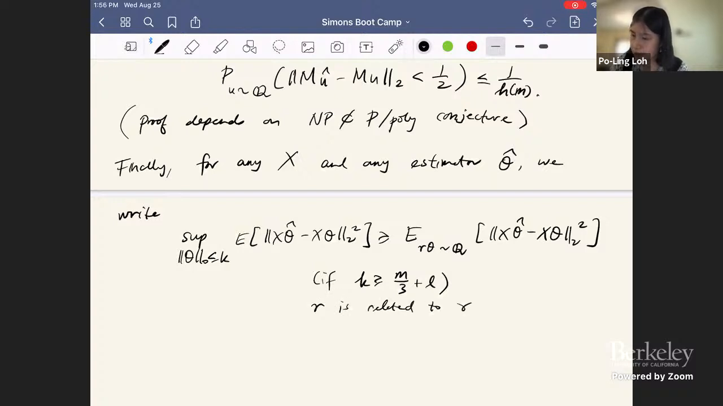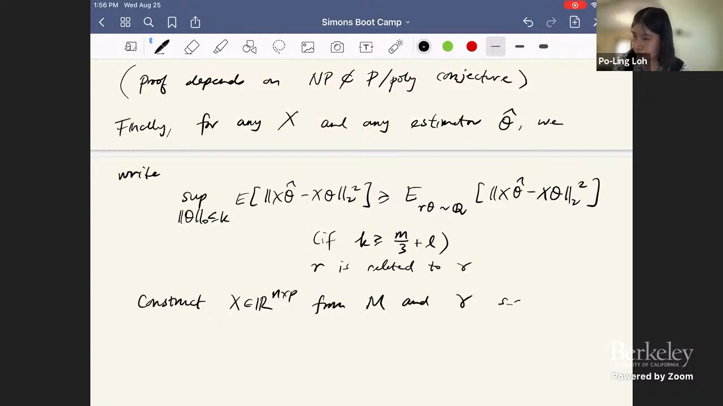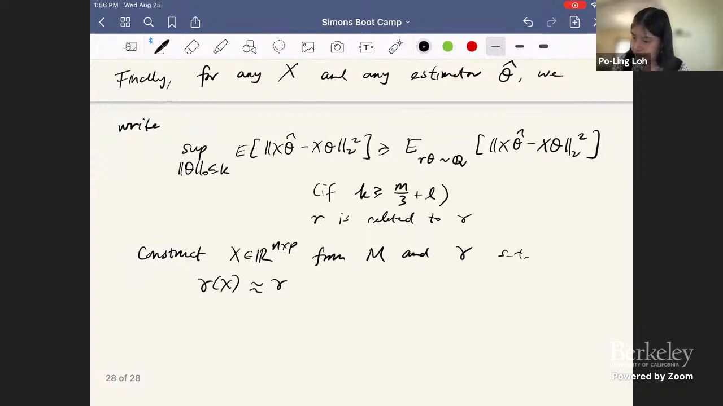Okay, so I want this to hold for any k-sparse vector. So of course, if I scale them by anything I want, it's okay. And remember that the statement of the theorem was that I have a fixed gamma and I want to construct an x such that gamma of x is approximately gamma, and the lower bound also holds. So lastly, we show how to construct, or I won't show you, but it's in the paper, x in R to the n by p from m and gamma, such that first of all, gamma of x should be approximately equal to gamma. And secondly,